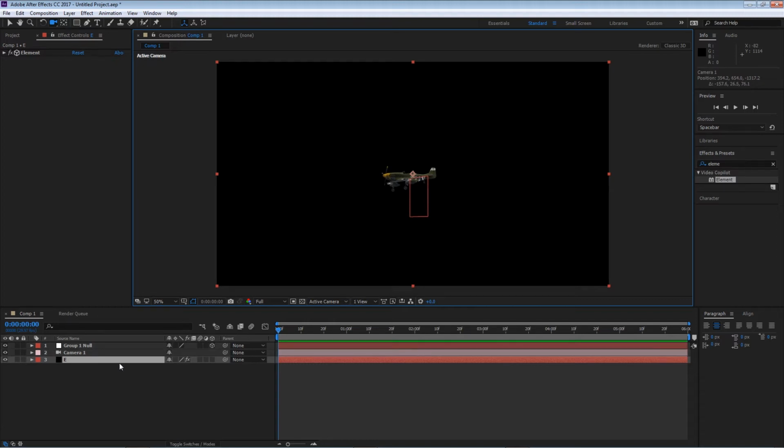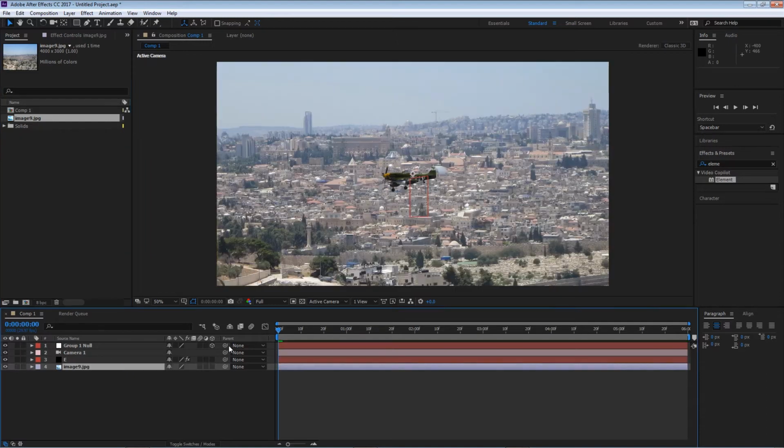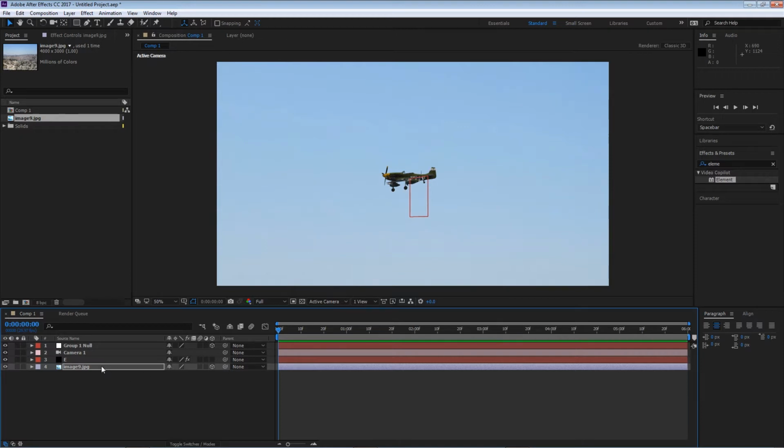So now I have the camera positioned somewhere around where I want it, so we can start getting things looking somewhat towards where we want them to. I'm gonna come here and drag in the image that I had originally brought into the project. As you can see, this image is pretty big, so we can use this somewhere around that. And as soon as I make it a 3D layer, our camera